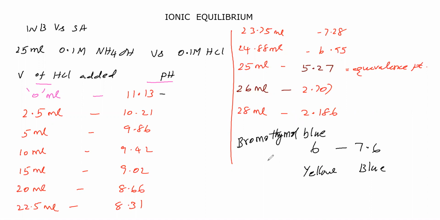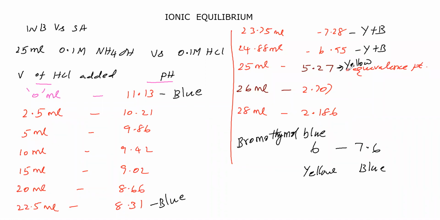Let us add bromothymol blue into the conical flask solution. The conical flask solution gets blue color. The blue color continues up to this place. Now what happens? Here it is yellow color plus blue color. Here also yellow color plus blue color. Here, at this place, the color is yellow. Therefore, we can say this bromothymol blue is a suitable indicator for this titration.